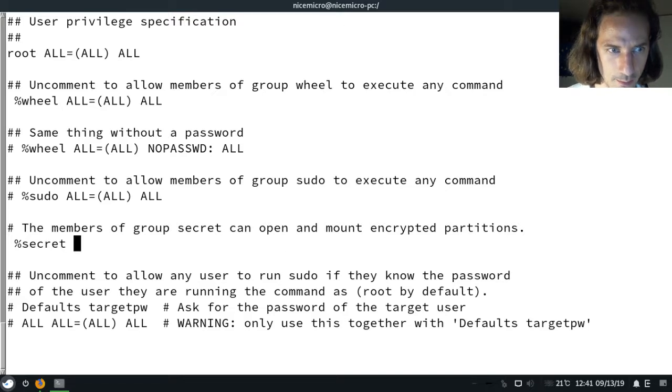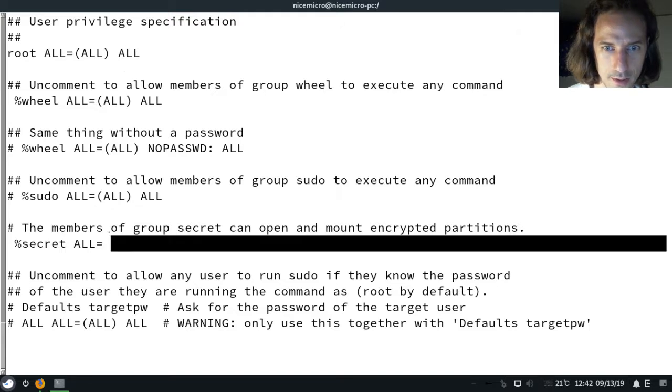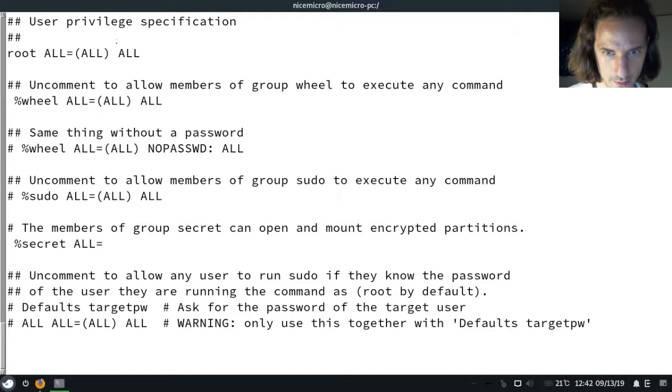And so what we have to enter here is ALL, because all hosts, so this works even if you are in kind of a multi-computer environment which gets all the user authentication from a central place. I have no idea how that works, but it seems to me that because you have to add this ALL equals, which is like on all hosts, all host names, all computers basically. ALL equals, and you type in /usr/bin/mount